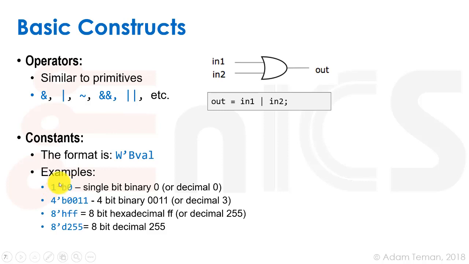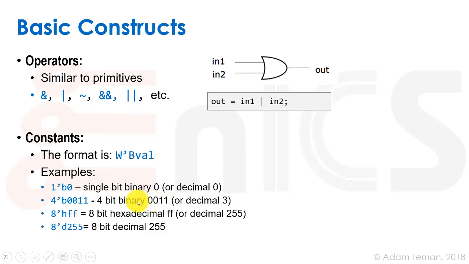So 1 apostrophe B 0 is a single-bit binary 0. Okay, if we want a bus or a longer constant, we have, for example, a 4-bit binary. We do 4 apostrophe B 0011, and that will give us the binary 11,